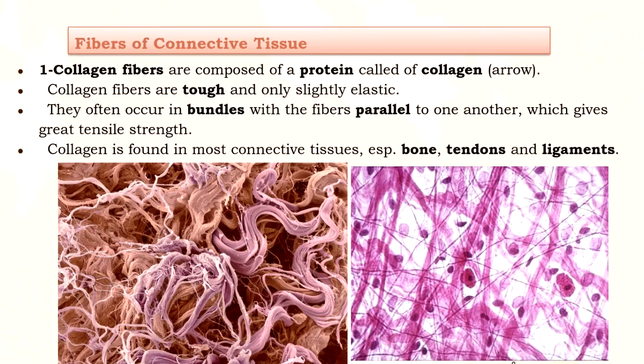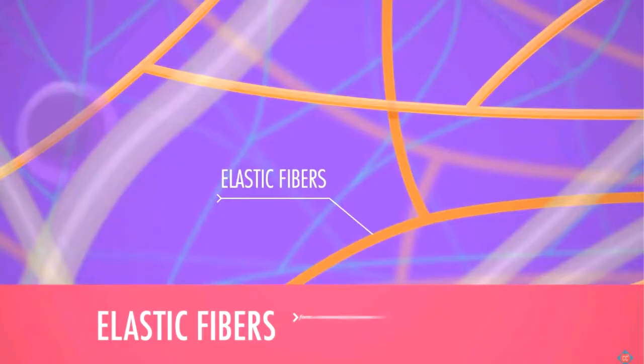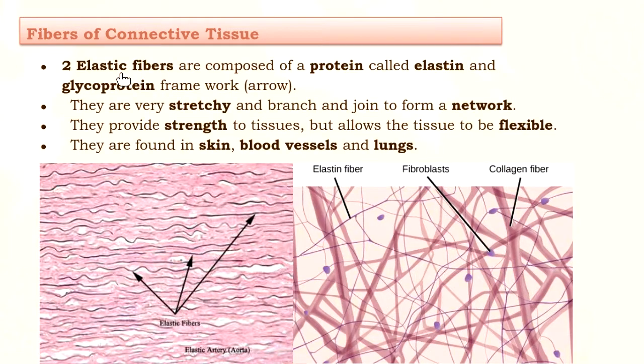The next fiber is the elastic fiber. As the name suggests, there will be elasticity. That means they will provide stretchability. Here the first is the photomicrograph of the elastic fiber and second is the pictorial presentation. In the pictorial presentation you can see clearly the dark pink appearing broad and thick bands in bundles, parallel to each other, are the collagen fibers. The thin ones which are anastomosing with each other, that is connected with each other, are the elastic fibers, and in between these are the cells, the fibroblasts.